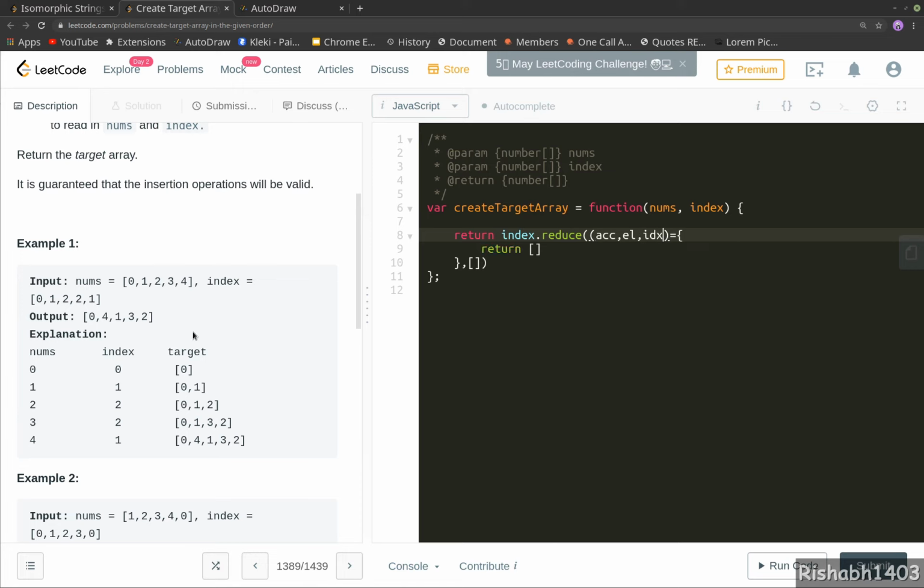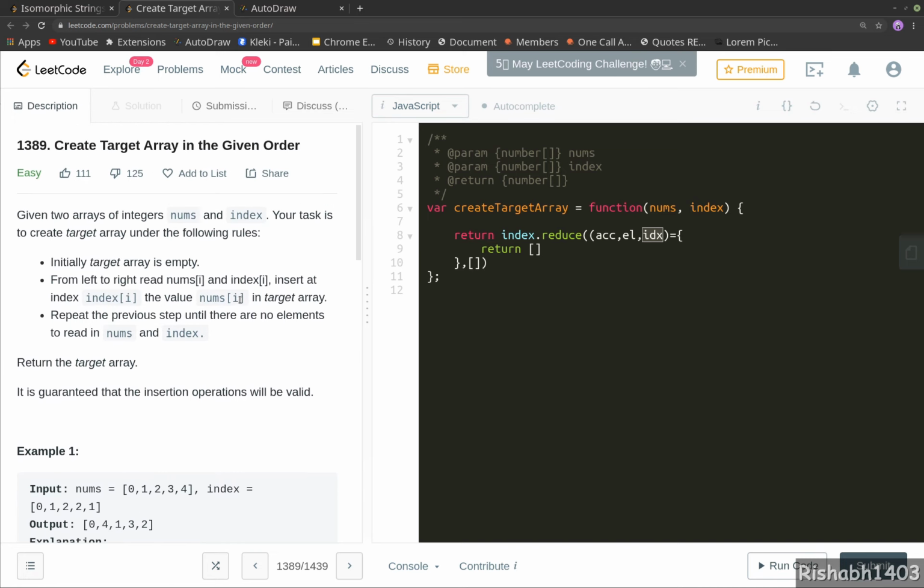So let's say in this case 0, 1, 2, 3, 4, and the value would be 0, 1, 2, 2, 1. Now we will split based on this element, the actual element, and we will put the nums value based on this index. But according to the question, both the indexes are same, so we will split based on this and we will insert based on this. Let's go ahead and do that.